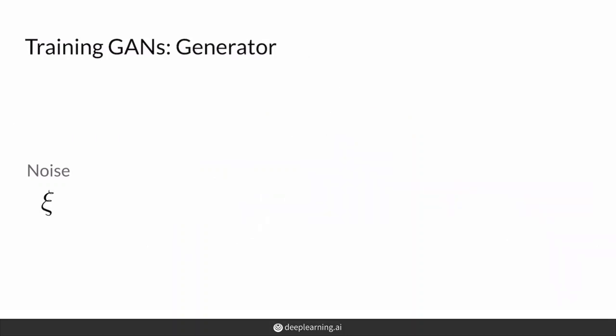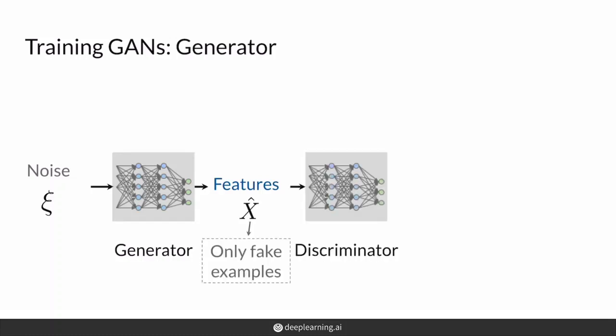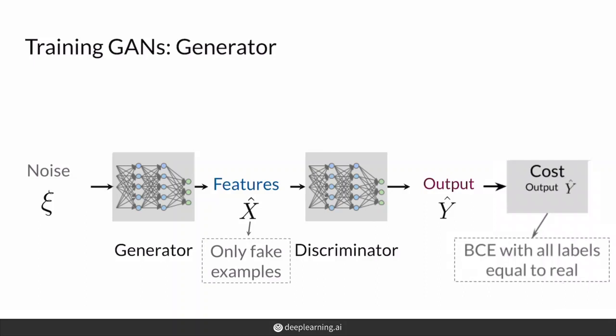All right, so for the generator, it first generates a few fake examples again, x hat, and this is from the input noise. And then these are again passed into the discriminator. But in this case, the generator only sees its own fake examples. It doesn't see the real examples at all. So it only knows that these are being passed to some discriminator. And then the discriminator makes predictions y hat of how real or fake these are. And after that, the predictions are compared using the BCE loss with all the labels equal to real, because the generator is trying to get these fake images to be equal to real, or a label of 1,